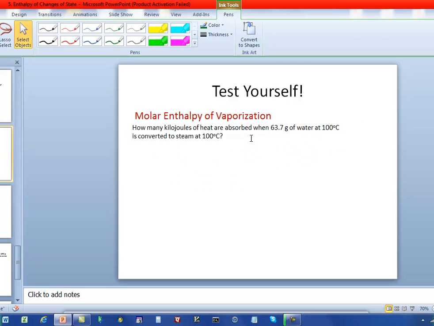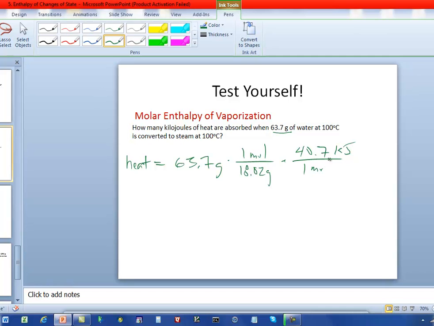Okay? Now, how about this one? Try this one first on your own. Okay. So here, it's the very same setup. This time we take 63.7 grams and convert that to moles. So you divide by the molar mass, which is 18.02. And this time, we're going to multiply by the molar heat of vaporization, which is 40.7. Okay? And when you do the calculation and round to whole numbers, you'll find that comes out to